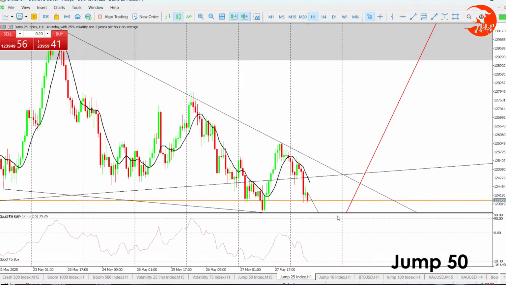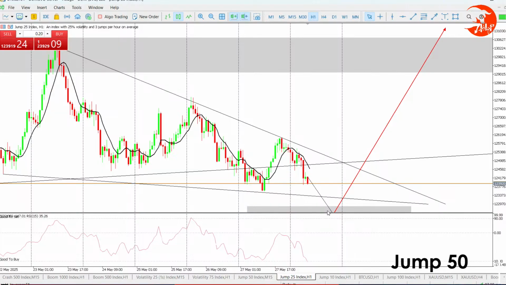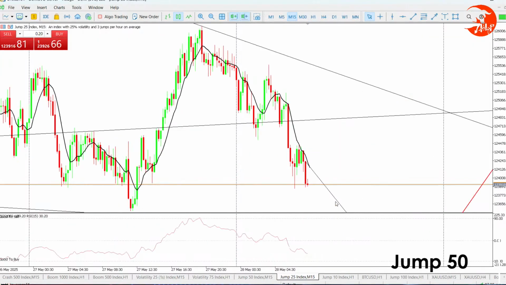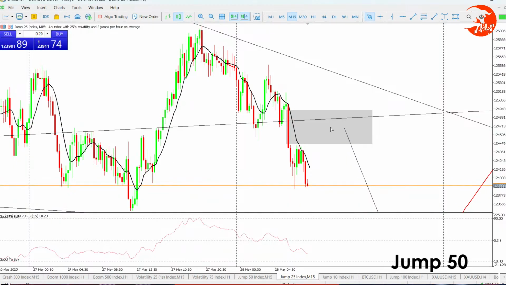Let's go to H1. H1 is already oversold. Why? Because of this candle right here. It's the last candle before it went into buys. So it's already oversold. So we will see a fake breakout. It's gonna continue selling. According to M15, yes, the sale is still on. It's continuing to sell. Looking at this, but it left some liquidity here that was untapped. So it's likely to come back to this level right here and then get us into sales. Let's wait and see what is actually going to happen.